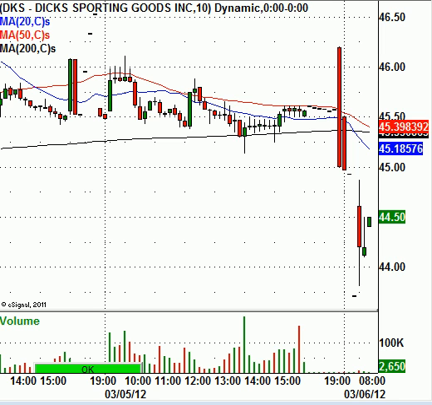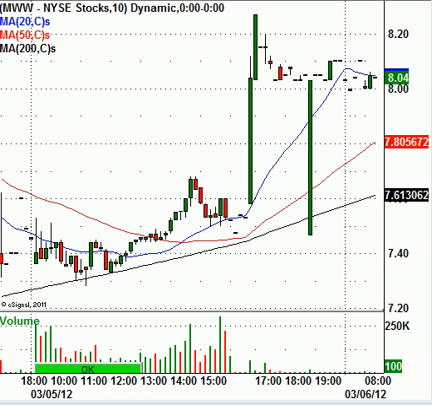Let's take a look at MWW, which is Monster Worldwide. This stock this morning is trading around the 8.04 level. Again, I just don't see a lot there for the stock. I know the upside potential may be all the way up to $9, but I don't even see much strength here. It's not a bad little base. I know the company is set to do a restructuring or something of that sort, but I just don't see a lot of upside on the name. So once again, that's all I have this morning.